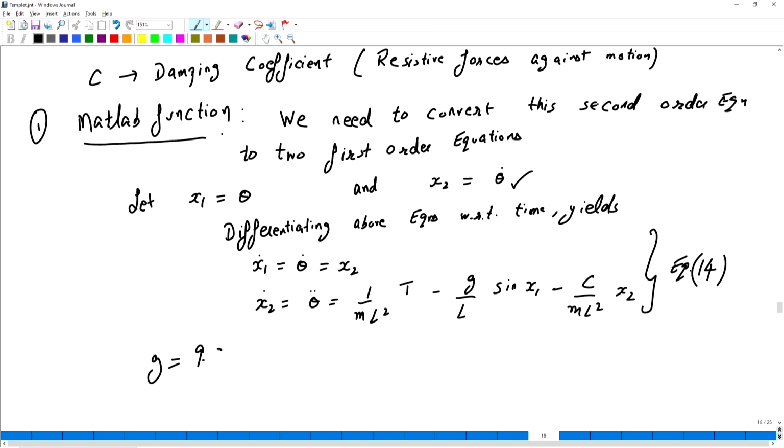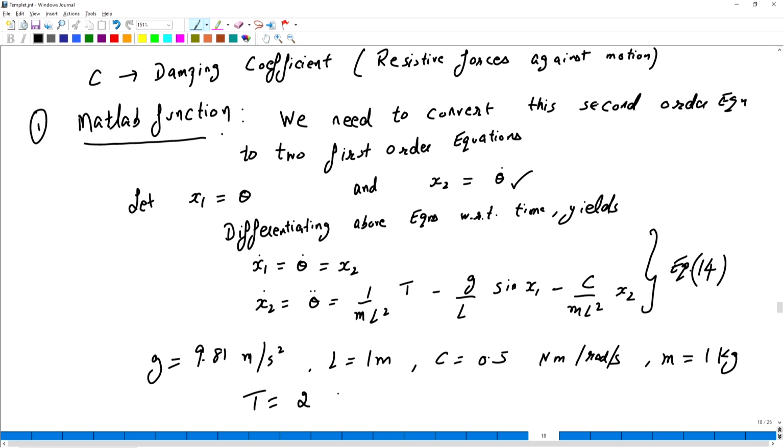Consider g as 9.81 meters per second square, l as 1 meter, c equals 0.5 Newton meter per radians per second, mass is 1 kg, and torque I'll consider as 2 Newton meters.